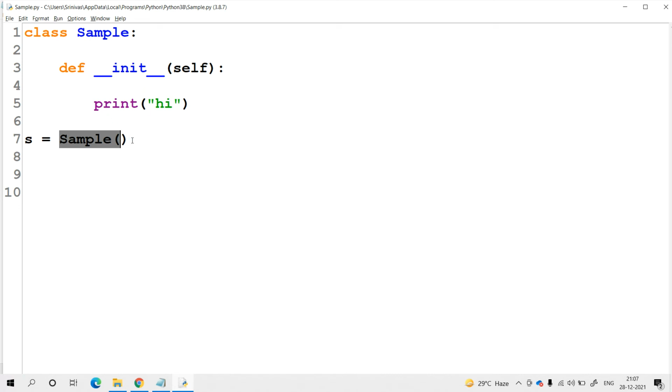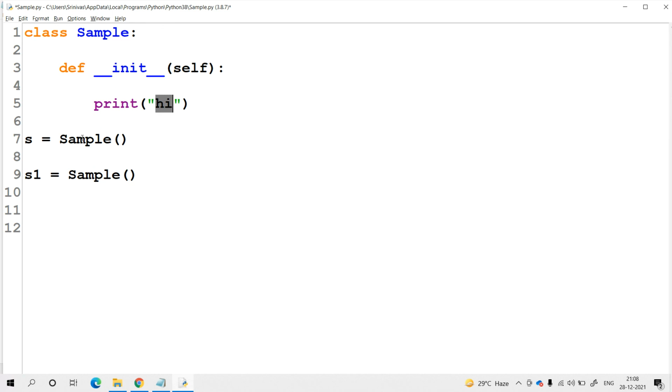If you create n number of objects, for all those n times the constructor will come into the picture. For each and every object creation, the constructor will be automatically executed. Try to check it. In this program, I am creating two objects. For the first object creation, the constructor will come into the picture and you will get the hi message one time. In the 9th line we are creating one more object. For this object creation also, the same constructor will come into the picture, and the message available in this constructor is hi. So for this program you will get two hi messages.